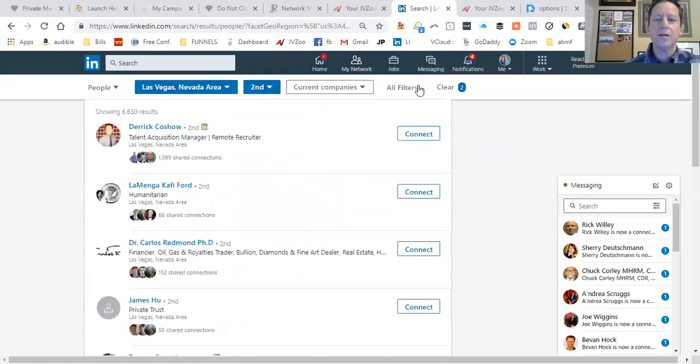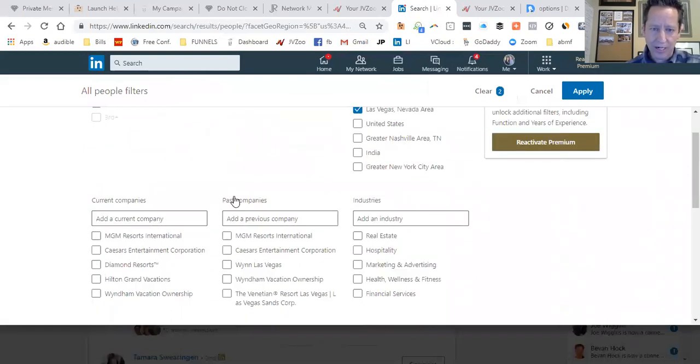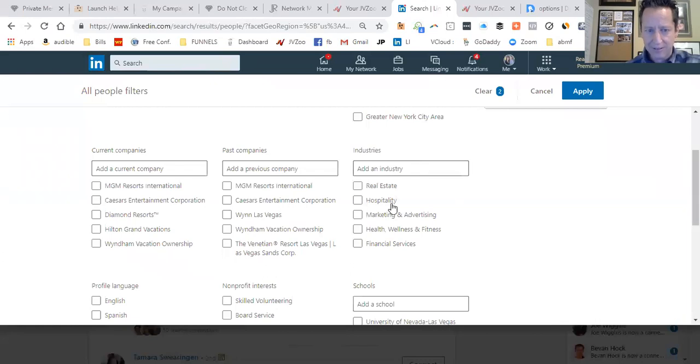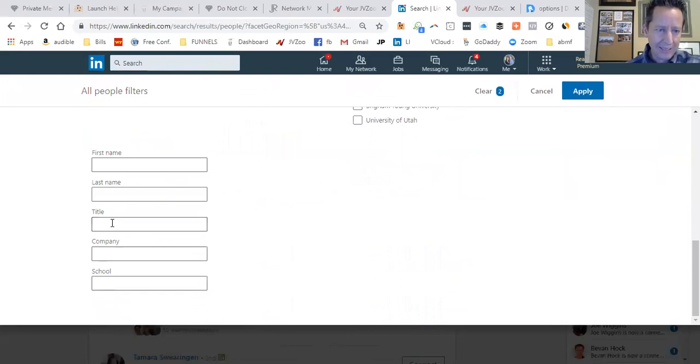Now, if I want to get even a little bit more targeted, what I can also do is, again, click on all filters, and it's going to let me add additional criteria. Like, for example, you could add an industry. If I scroll down a little bit more, this is a pretty valuable one: you can add a title, right? And there's another training video that you'll find on this same page after you've purchased your subscription and installed Duck-Soup. You can watch this training video that'll give you even more specifics on how LinkedIn works.